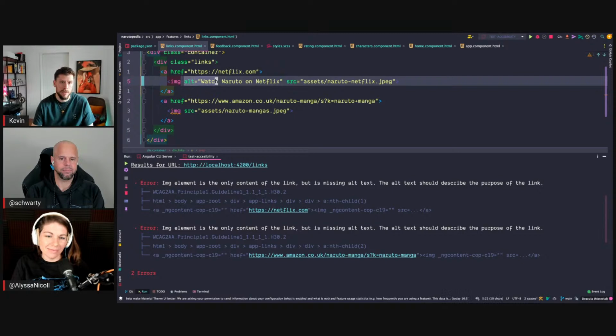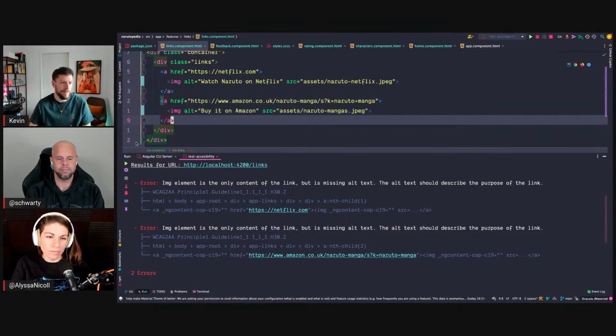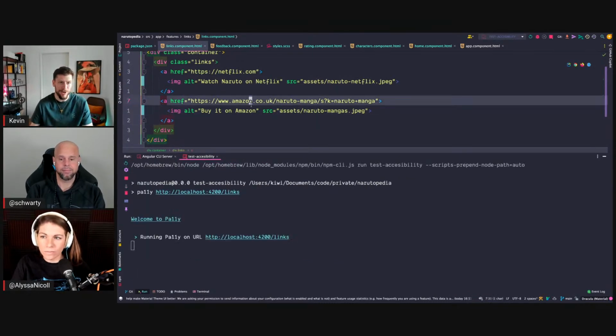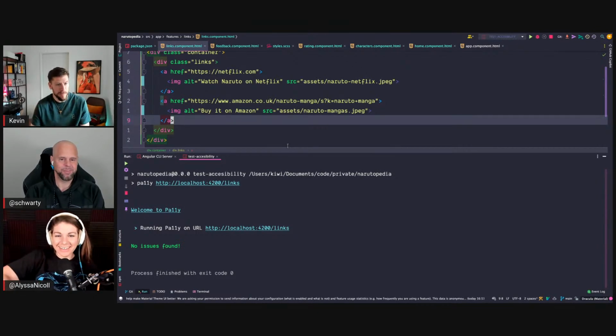And then here again, we would say just buy it on Amazon. And this should probably be more descriptive, but for our demo, I think it's enough. So no issues found. Cool.